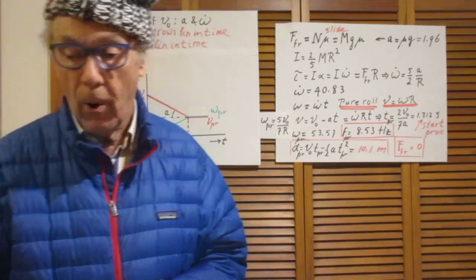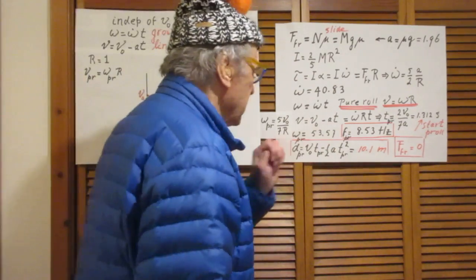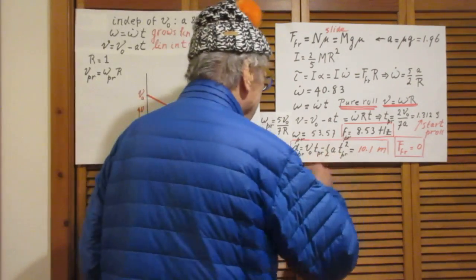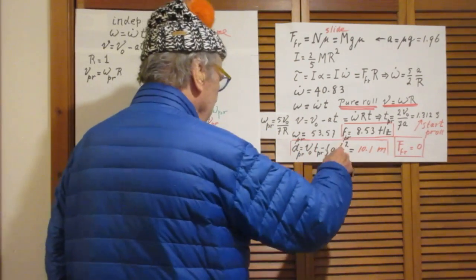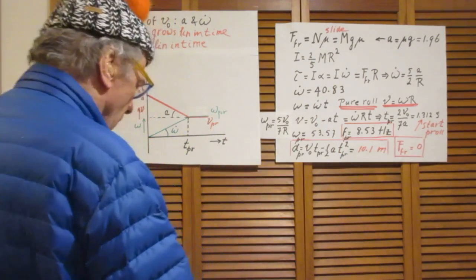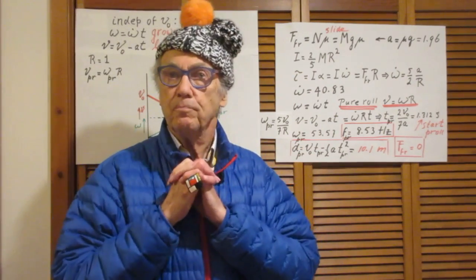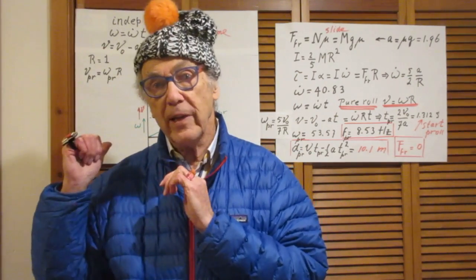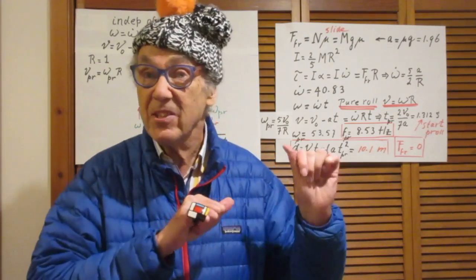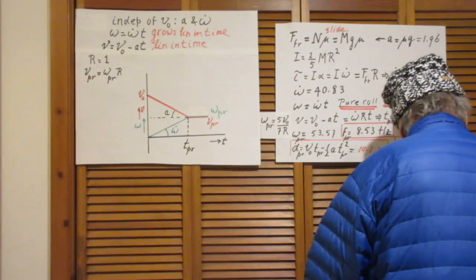So now comes the second part, and that is the distance as a function of time. Nothing is linear here. It's linear in t and here proportional to t squared. So I made an effort to show you not only how omega changes in time and how the speed changes in time, but also how the distance changes in time. So if you're ready for that,